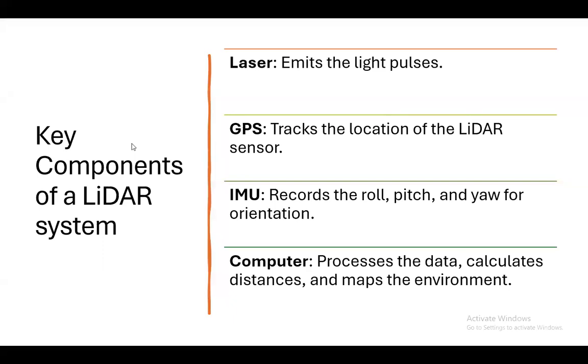GPS, laser, and computer, I understand, but what is the purpose of the IMU? Good question. Whenever a platform is moving, it might be a drone or any other type of UAV, there might be some instability, some maneuver. Due to that, a platform might tilt along its vertical, nadir axis, or rotate along its nose-to-tail axis. It might need to change the path, the flight line. Then it might need to rotate along the wings axis.